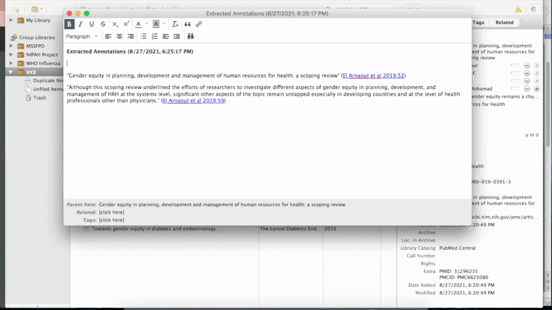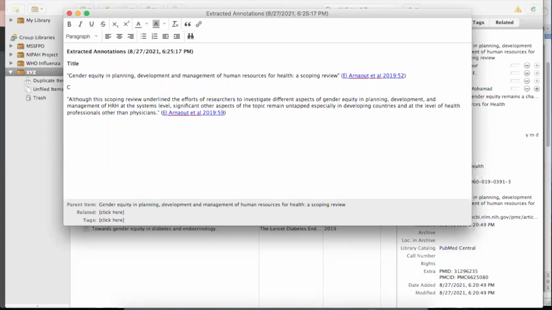Suppose I want to say that this is the title. So I will type title here. It's already bold. And if I want to say this is the conclusion, I can type it here and make it bold. I can also add "very important finding, must include in paper".